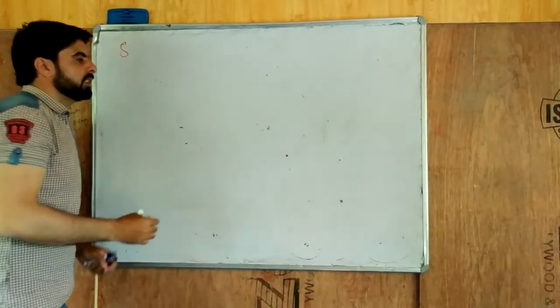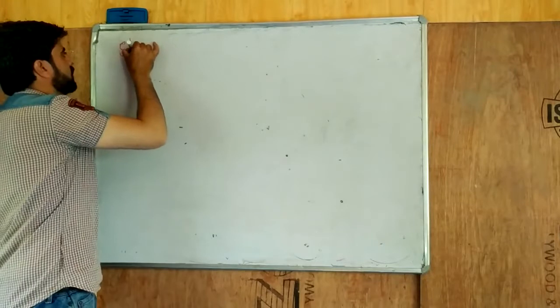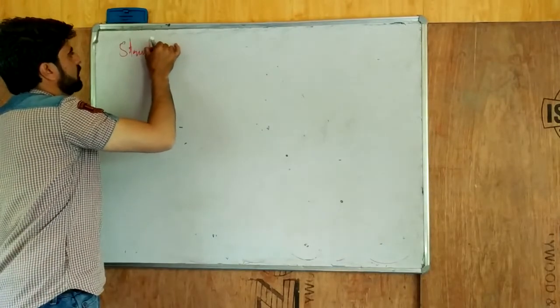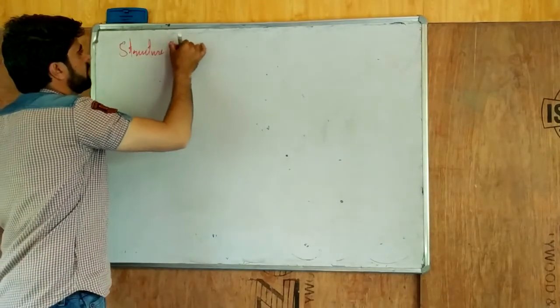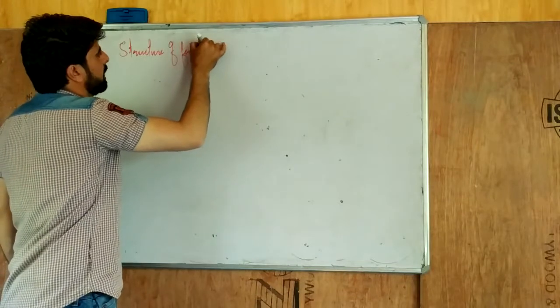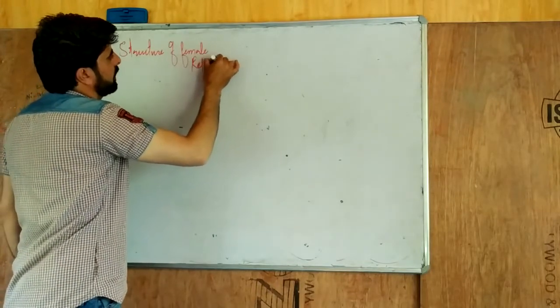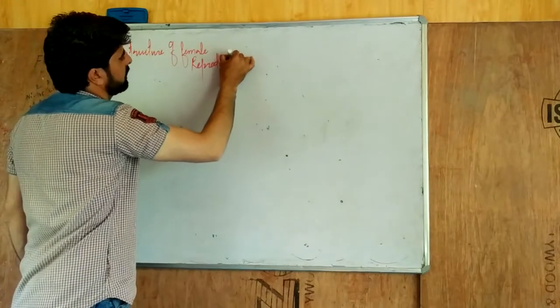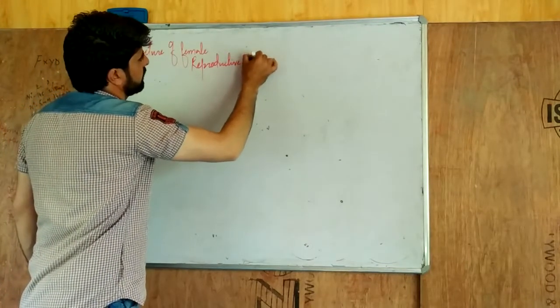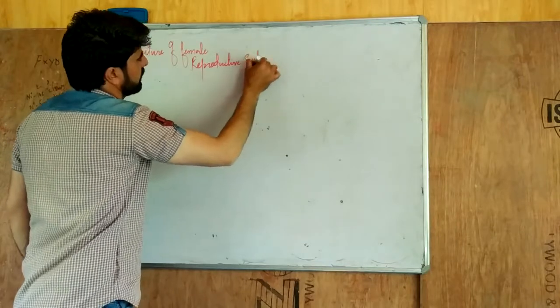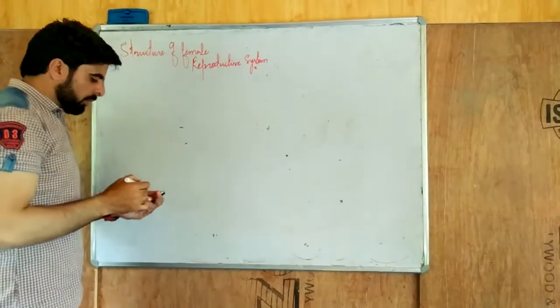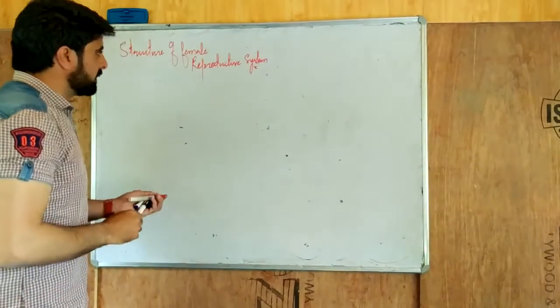Today we are discussing the structure of the female reproductive system. The female reproductive system consists of